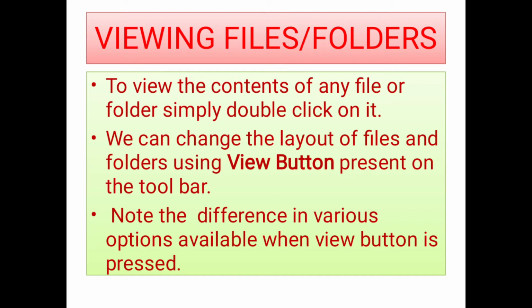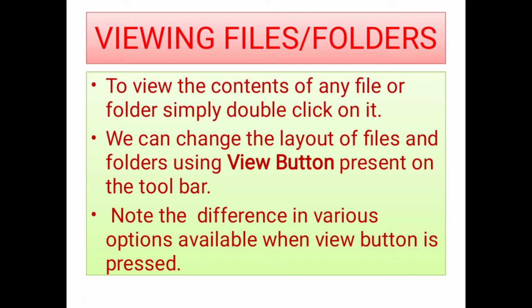So we can also change the layout of the files and folders using the view button that is present on the toolbar. Okay, children? So what should we do? We should observe the difference when we use the various options that are present on the view button.